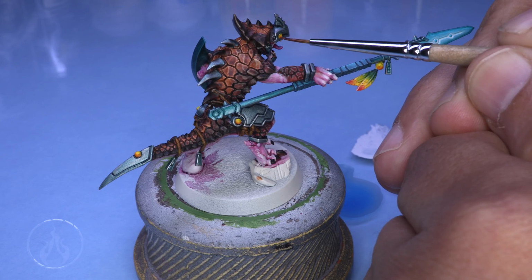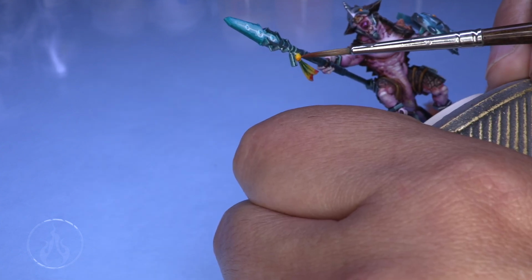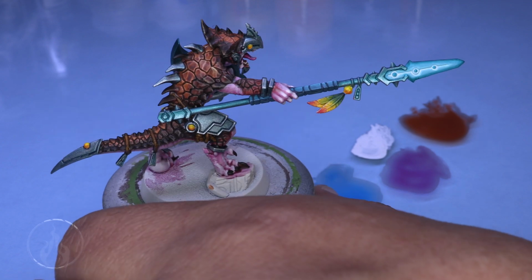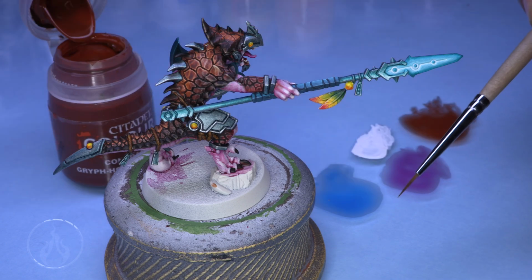On the eye sockets, I trace the outer portions of the eyelid, or the eye socket, building towards the helmet and towards the back of the eye. The reason, just because it looked kind of cool, and I wanted to create that illusion of a gradient in that space. We're going to come back with some Gryph-hound Orange right out of the pot,